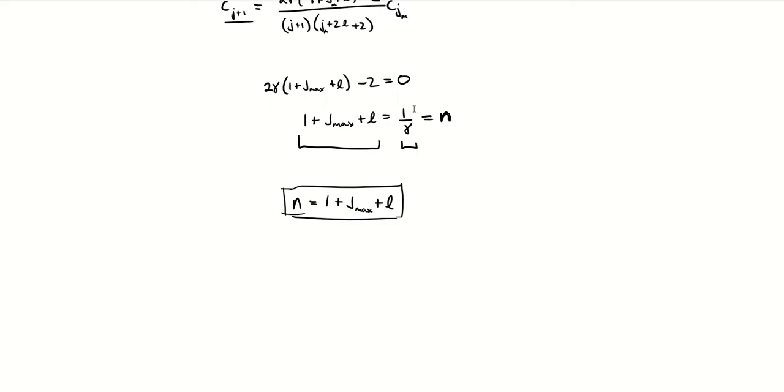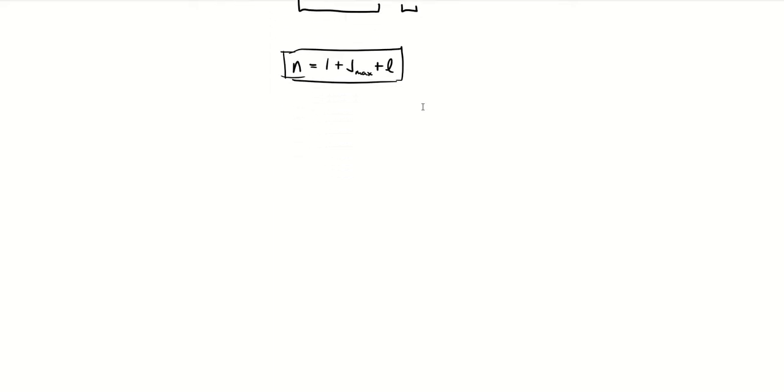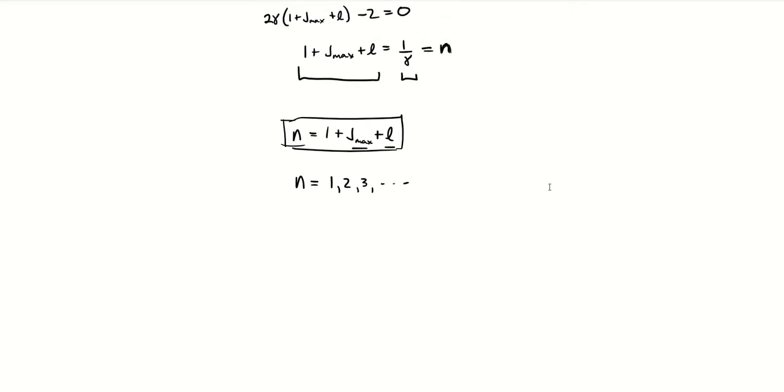Now, a few things that are worth noting about this. The first thing is J and L were both from power series. Those are expansions where we were summing from 0 to up to some higher value. So the minimum value, these could both be 0. So n, that integer, actually goes from 1 up. It starts at 1 as the lowest value. It can never actually be 0. Another thing is just from what we just showed, that this n is equal to 1 over gamma.